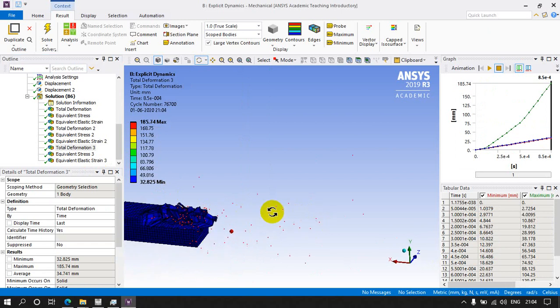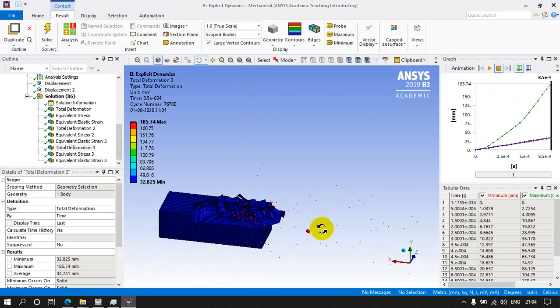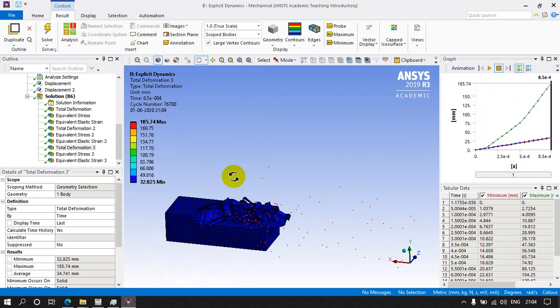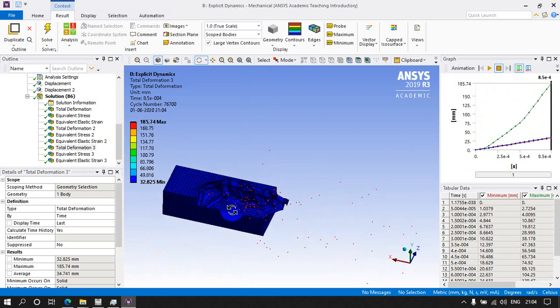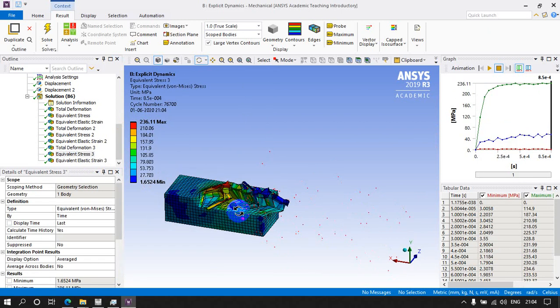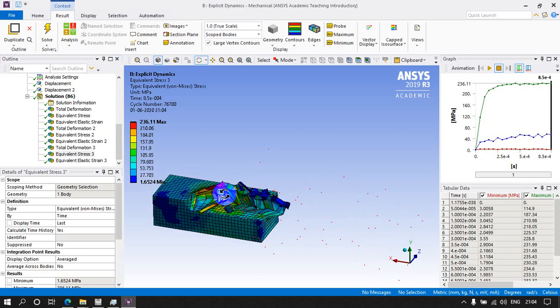Here we can see a lot of deformation, that is, this particle deformation. This red color indicates particles here, these points. Actually we can see deformation of only a particular thing here. That means only 32, around 32 is there, and the stress is forming here. So here is the maximum stress and strain.